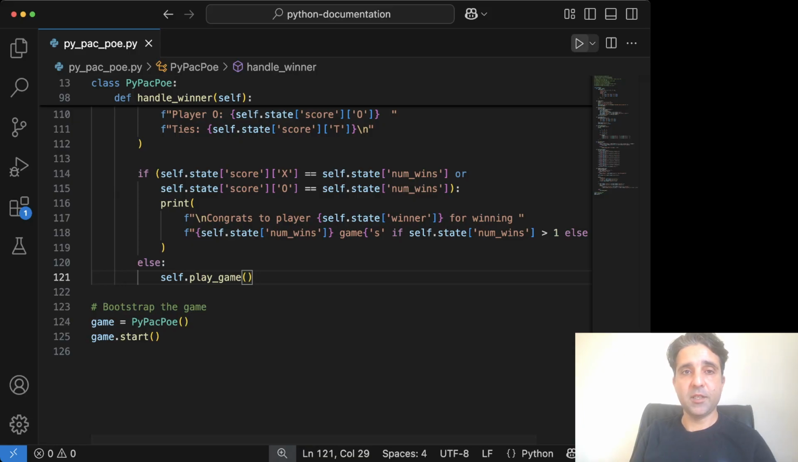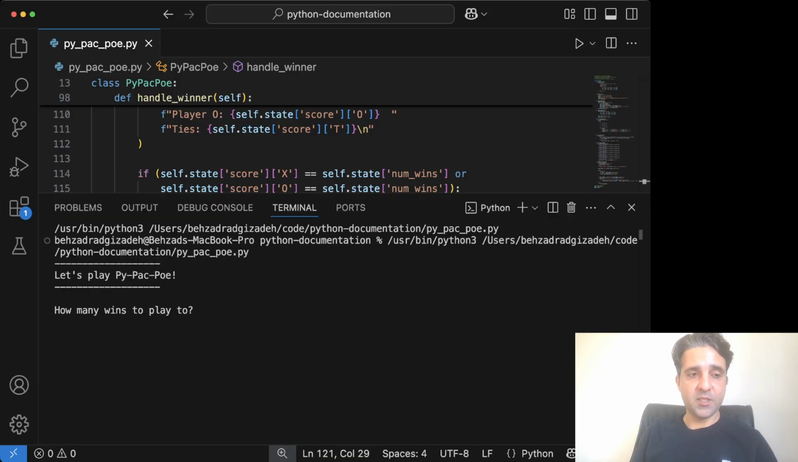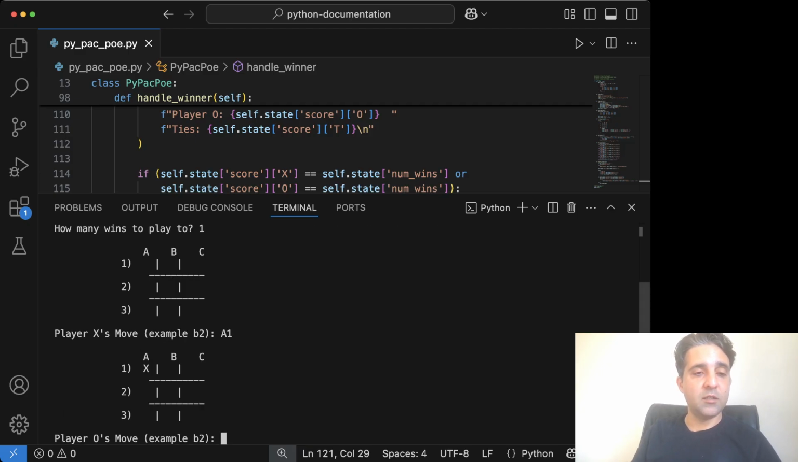So I run the terminal here. As you can see, it says how many wins to play. I say just one, and it shows the board and player X's move, example B2. You remember we use lowercase, so I just write A1 here to see if it works or not. Yeah, it worked. And as you can see, we see X in the first cell. And now it's O's turn. O says, let's say B1,